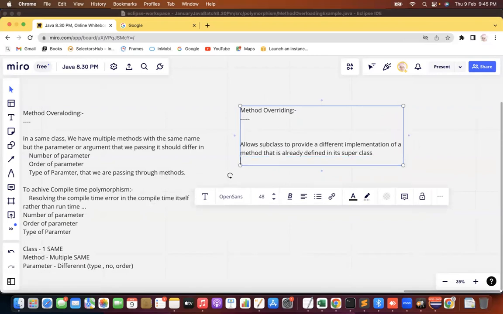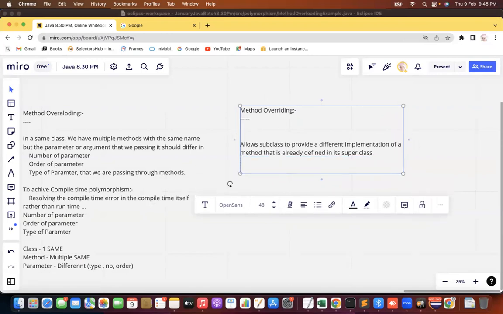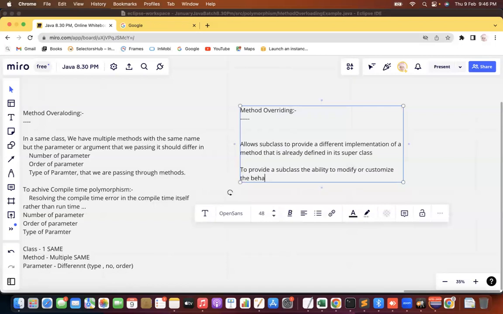Why we are going for method overriding? What's the purpose of it? Because I want a subclass to have the ability to modify or customize the behavior of a method inherited from its parent